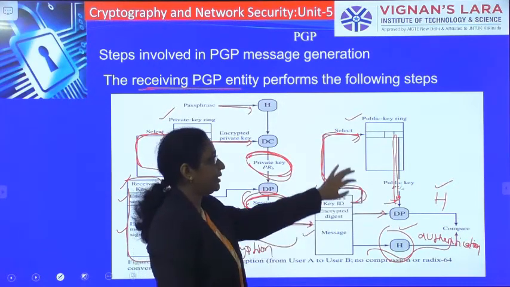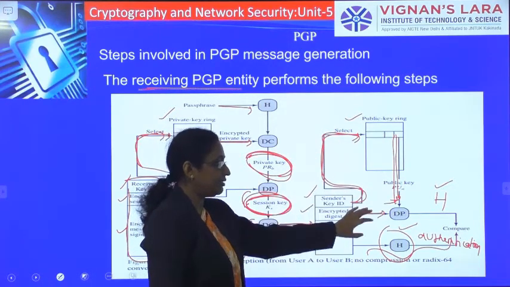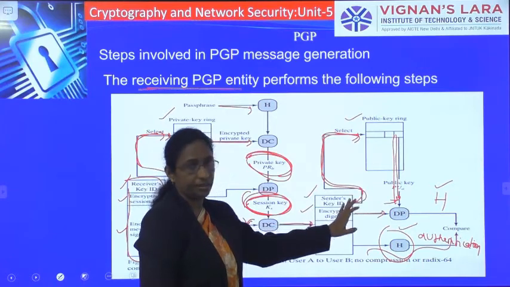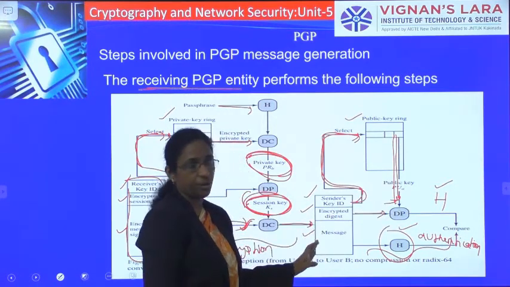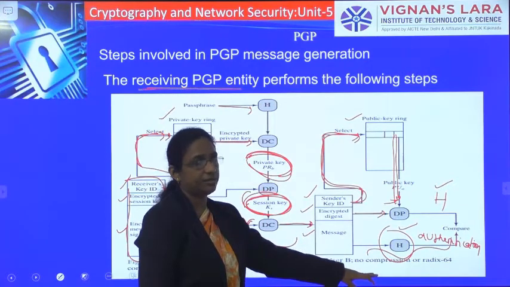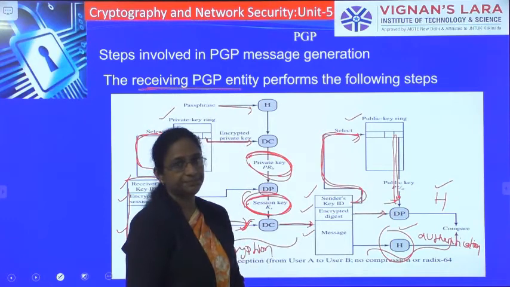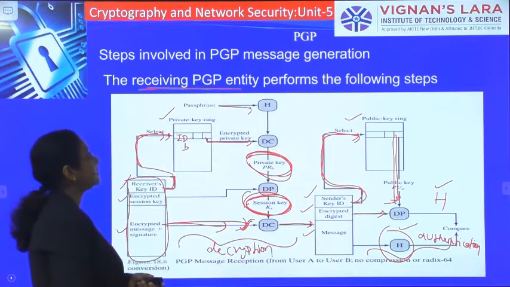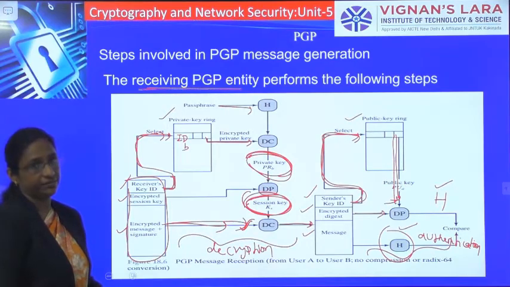To get that public key, we use the public key ring, from which we can retrieve the public key and decrypt the digest. Then for the message M, again we generate a digest, and this digest is compared with the decrypted digest. So those are the steps followed by the PGP entity at the receiving side.